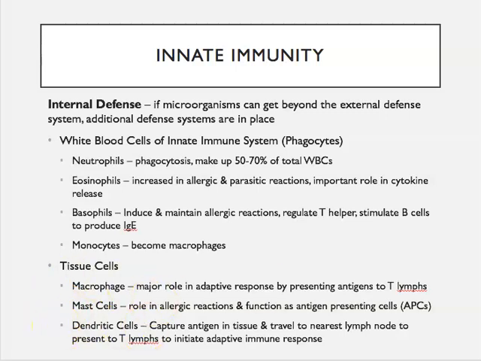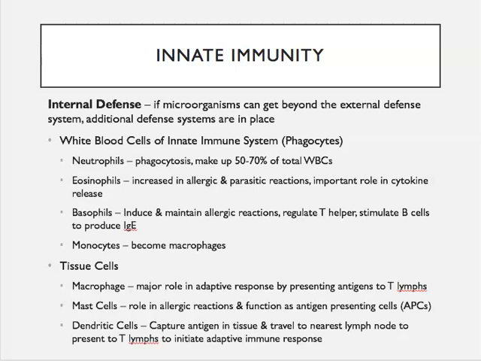Okay, then our mast cells, they resemble basophils, but they're from a different lineage. They're found in skin, connective tissue, mucosal tissue of the respiratory tract, genitourinary tract, and digestive tracts. They're going to increase vascular permeability and increase blood flow to the affected area. So increasing vascular permeability and blood flow just means that the reaction time is going to be faster to react